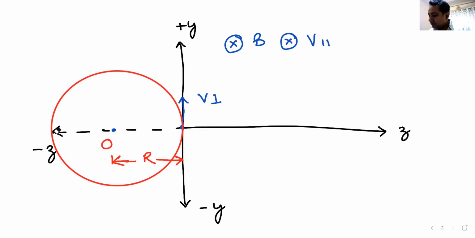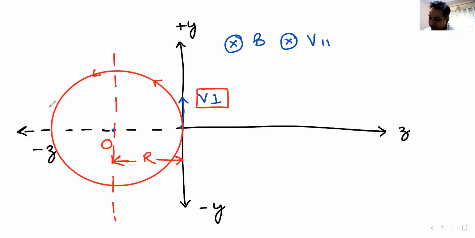Let me use an eraser to take this out, and let me make it bigger. Okay, this is my minus z axis. Got it? Now I can easily find out where the particle is at any point in time. Its original velocity was v perpendicular. Now how does it move? It moves like this, and it's going like this. After time t, where is the particle?